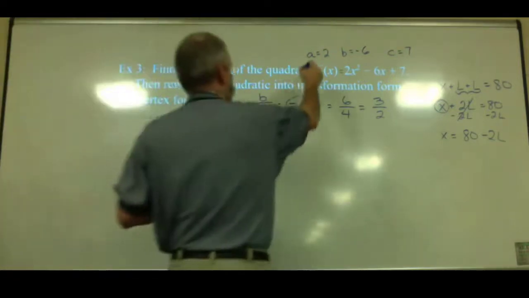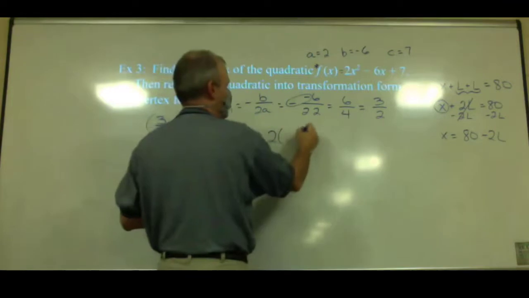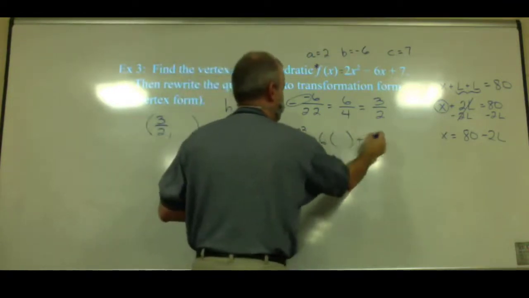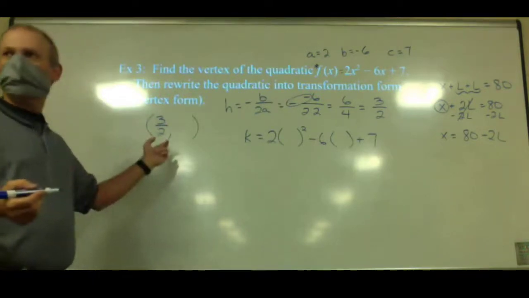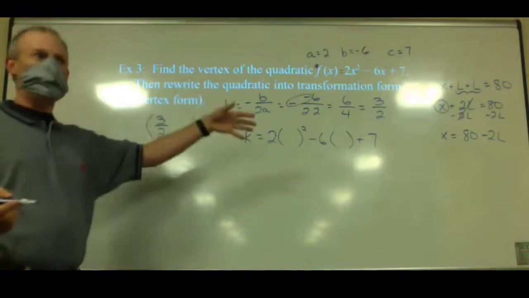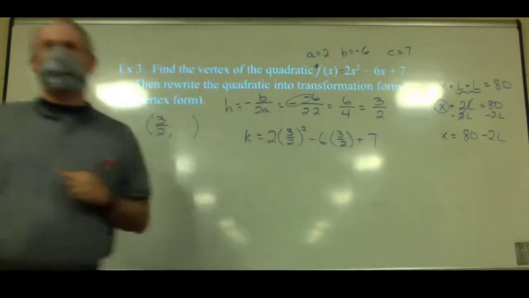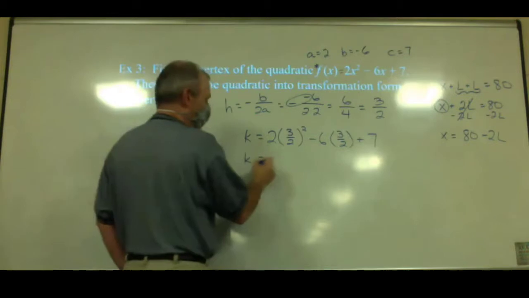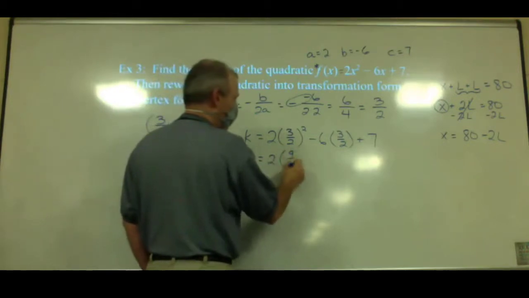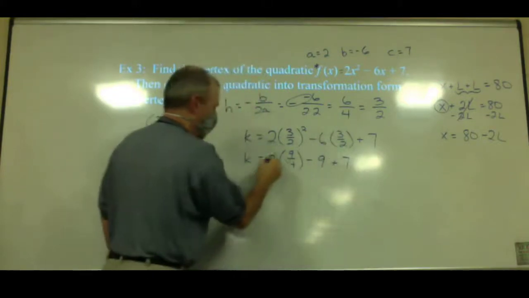So we're going to go back to this function right here. And we know that k is going to be equal to 2 times our input value squared, minus 6 times our input value, plus 7. And what are we supposed to use as our input value? The 3/2. Okay, we're going to plug that in for all those x's. So 3/2, 3/2. Now this is where you may want to have your calculator out because it might make the work a little bit easier. I don't have a calculator with me right this second, so I will do some of these here. This is going to be 2 times 9 over 4. This is going to be 9. And then that's going to be